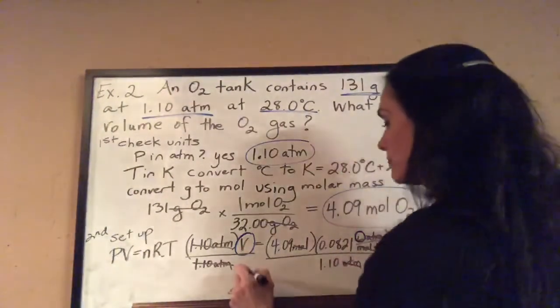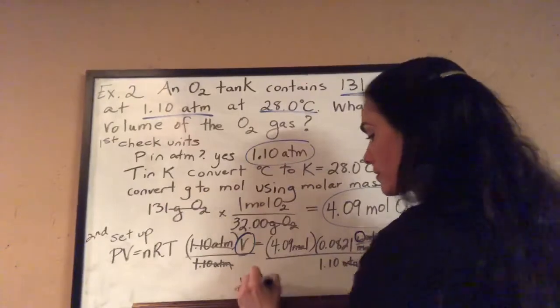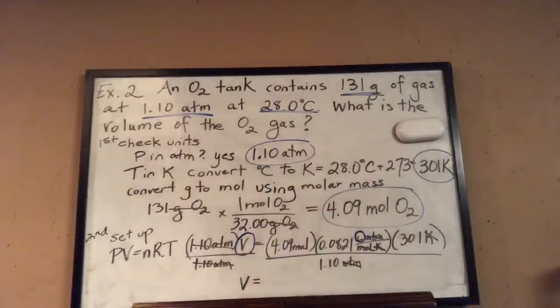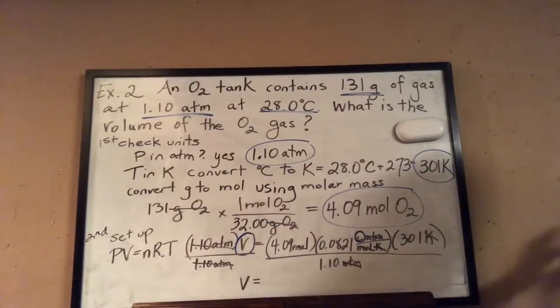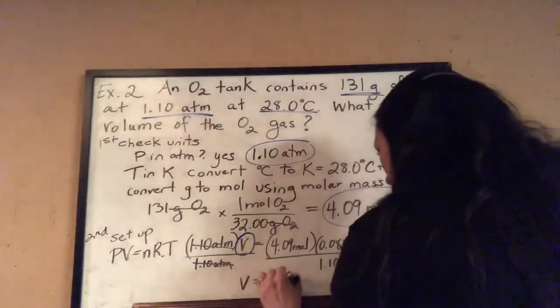Now we have to do the math. 4.09 times the ideal gas constant times the temperature. That product divided by 1.1 gives you a volume of